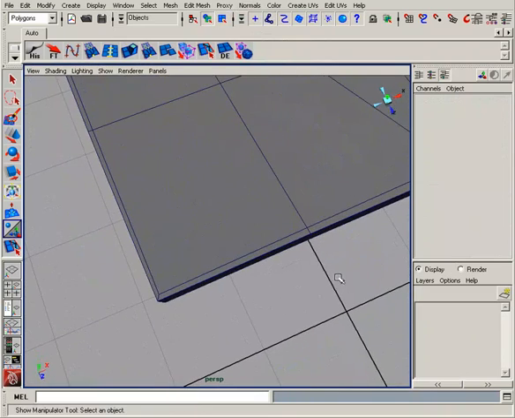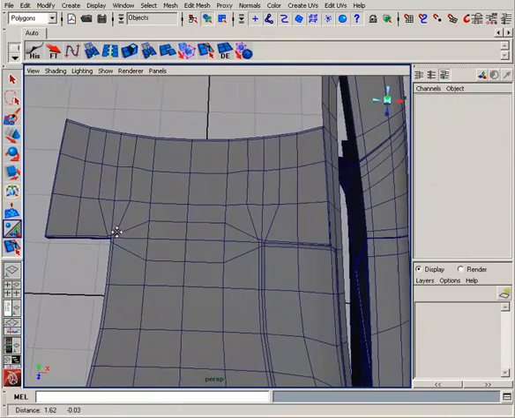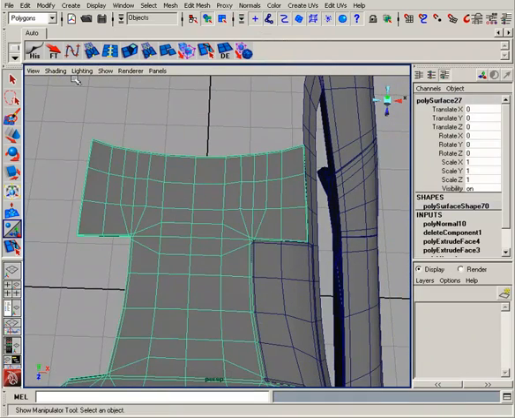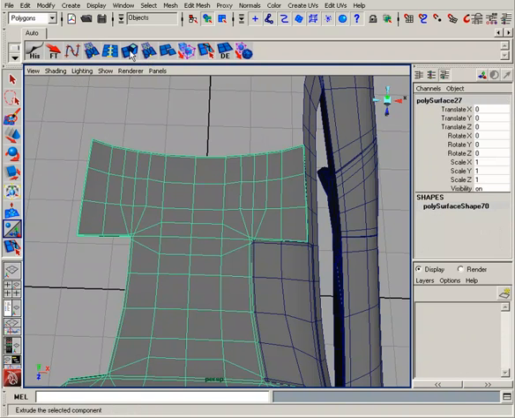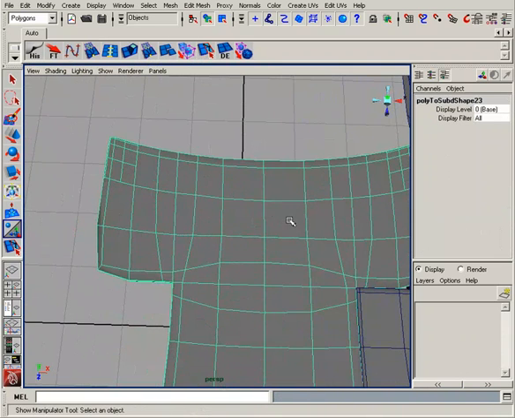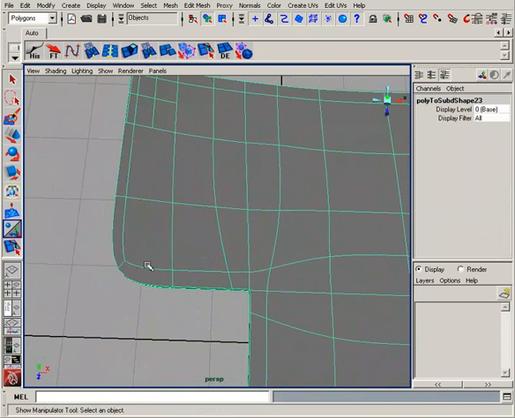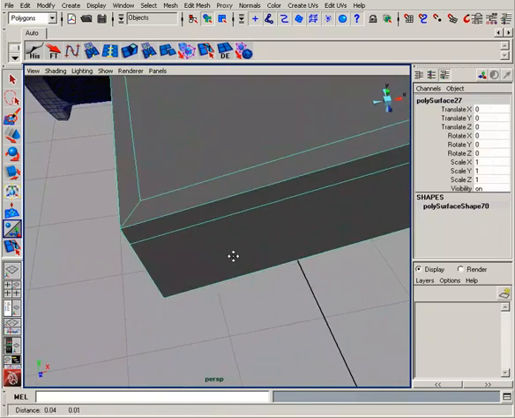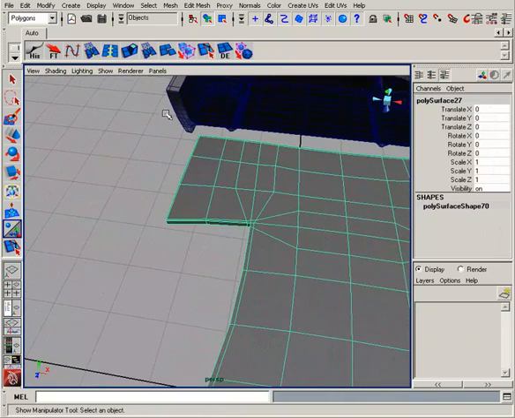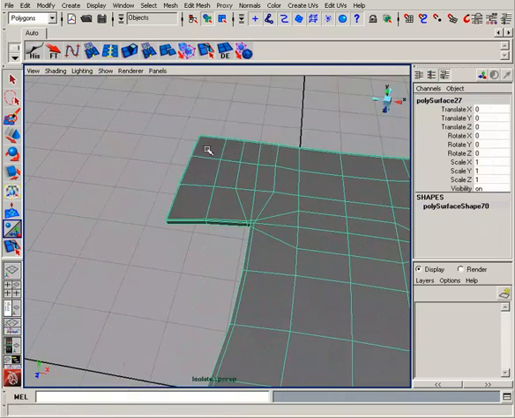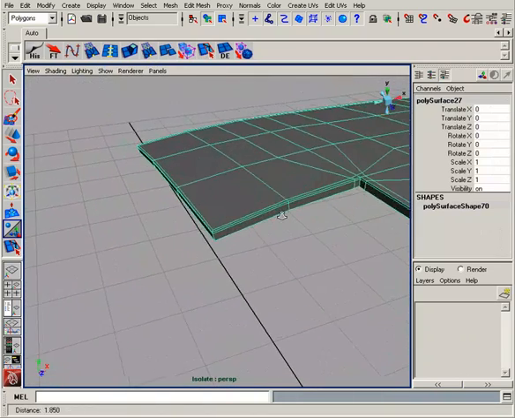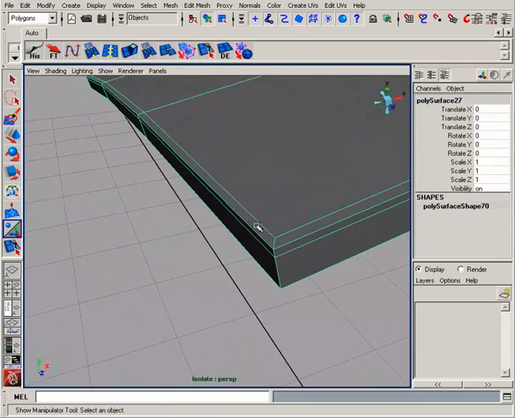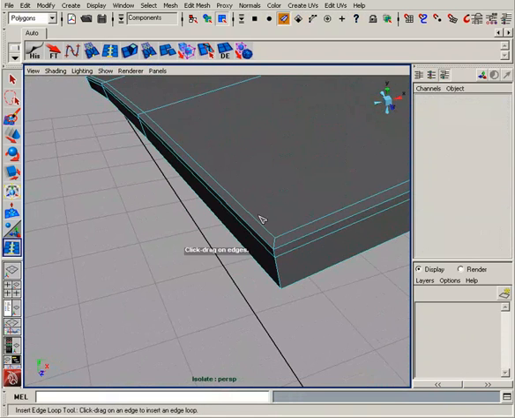Let's take a look at this corner right here. If we go ahead and smooth this out, delete the history here. If we sub-D that, you're going to see that you're actually getting a kind of soft corner there. And that can be fixed real easily. Just going to isolate, select that. You can see right here we only have one line defining this. So I'm just going to add